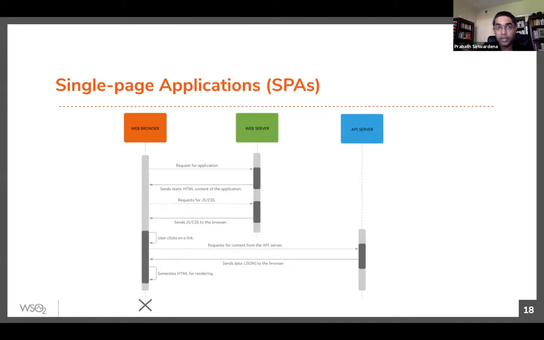After that, you won't see any page loads. You have the initial HTML with all the JS and CSS. From there onwards, without page reloads, the browser talks to external APIs, gets the data, and renders the UI. This is the way a typical single page app works.